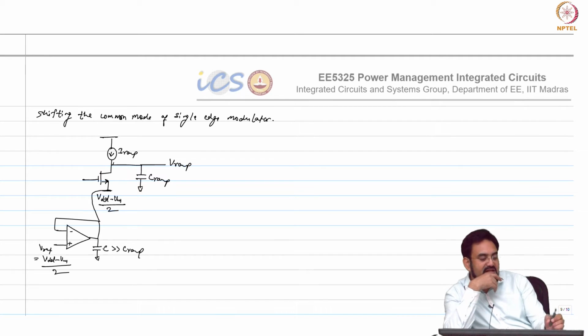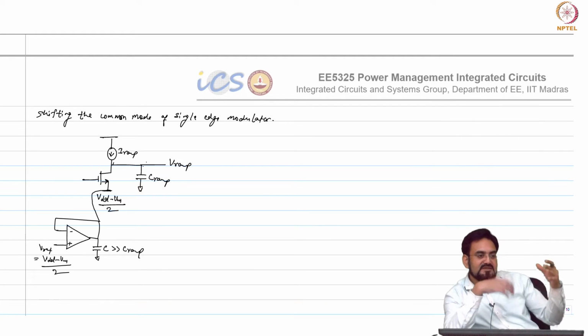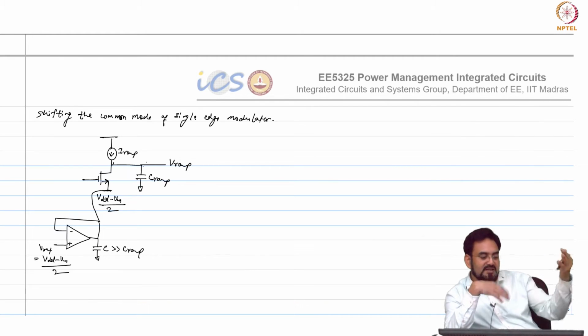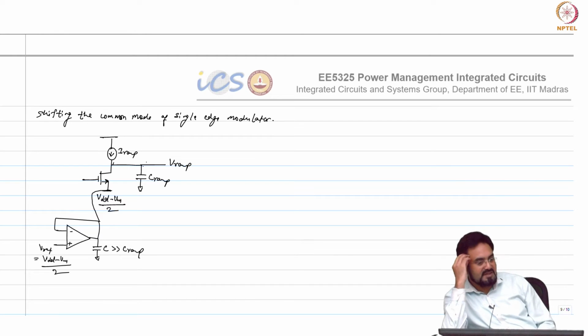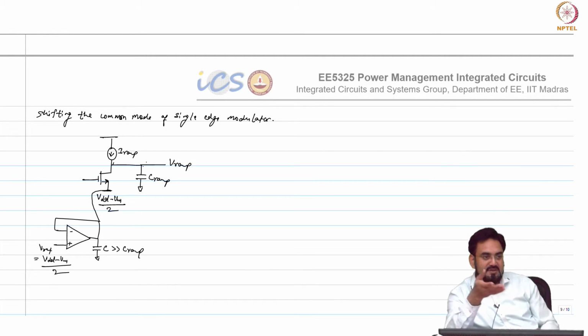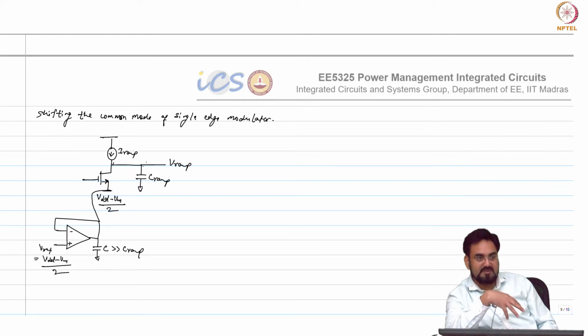Because if this capacitor is large, only then it can bring the voltage of the other cap to its level. Otherwise, if it is small, then it may not discharge. I mean, it may remain much higher. So it should be a stronger cap. It's just charge balancing happening, so it has to draw all the charge from the smaller cap, which means this capacitor should be large enough.